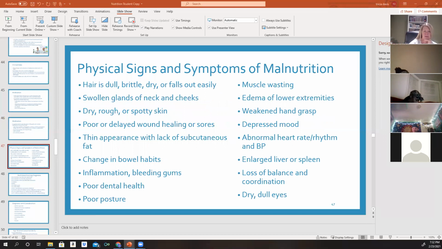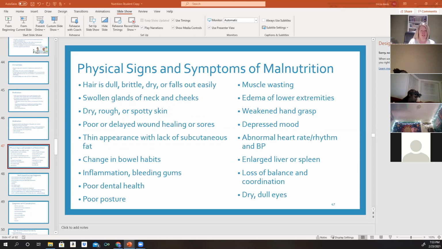Physical signs and symptoms that you're going to see. Their hair is going to be dull. It's going to be brittle and dry, might even fall out easily. You might notice swollen glands in the neck, dry, rough, or spotty skin, poor or delayed wound healing or sores. This is extremely important for your diabetic patients. They have a hard time healing as it is because of the diabetes. So then if their nutrition isn't good and they don't have good protein in their diet, they are at even